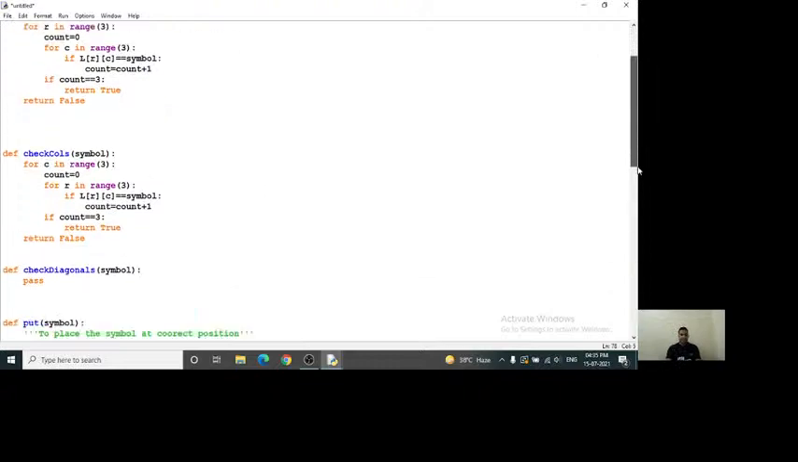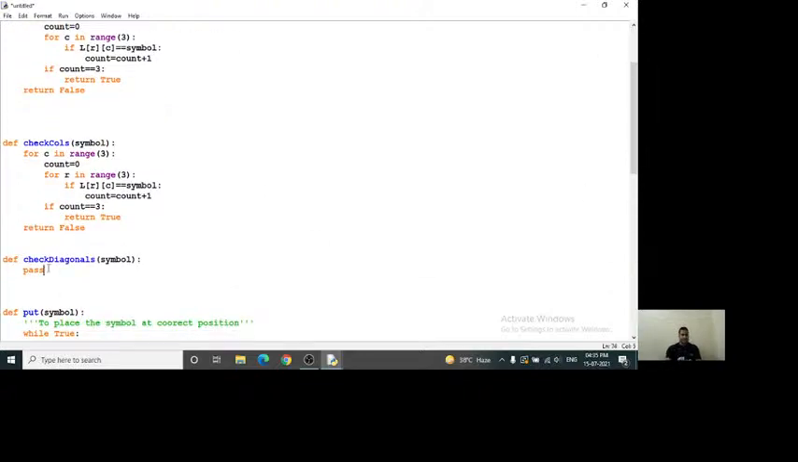So for diagonals, we have to write a definition for diagonals. We will check what is my list. List is L. We have to check rows and columns. So rows and what is the diagonal? What will be the dimension of diagonal? So obviously, if you see